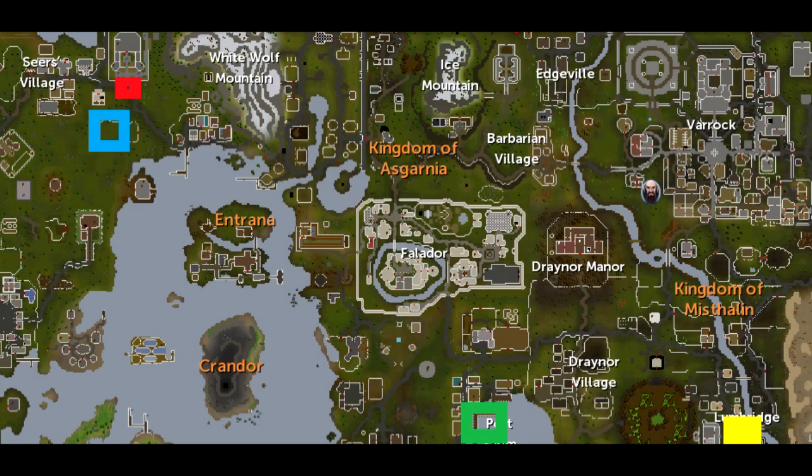Alright guys, the area that you pick the flax is south of Seers' Village. It's the blue square on this map. There are many ways to get to Seers' Village. You can just walk from anywhere that you see on this map. You do have to cross White Wolf Mountain if you start in Lumbridge or Falador or any of the non-members